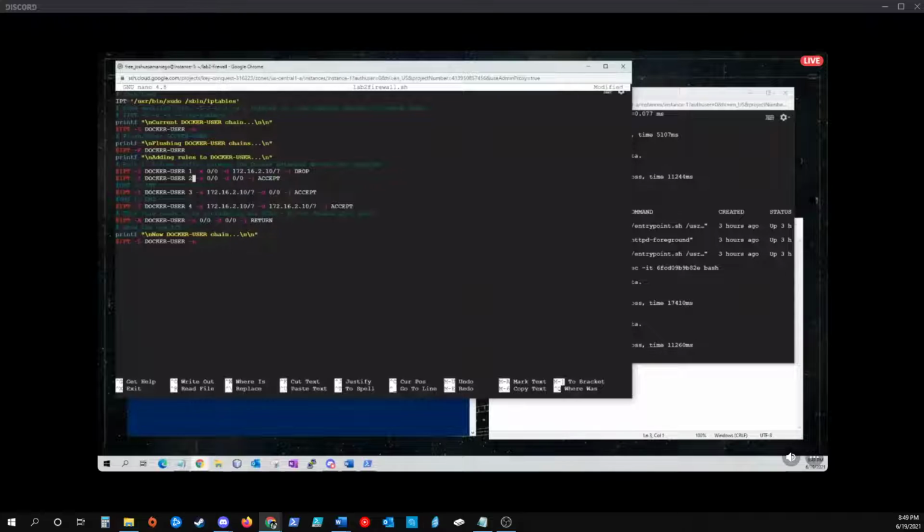Wait, can you say the second rule again? The second rule is going to be the IP address dash s, for source. Oh, so for s it's going to be 172.16.2.10/